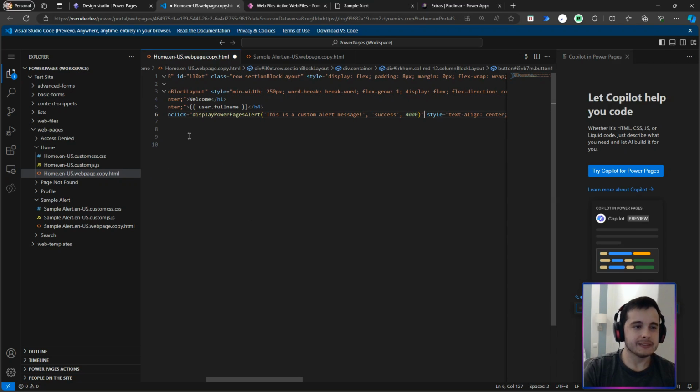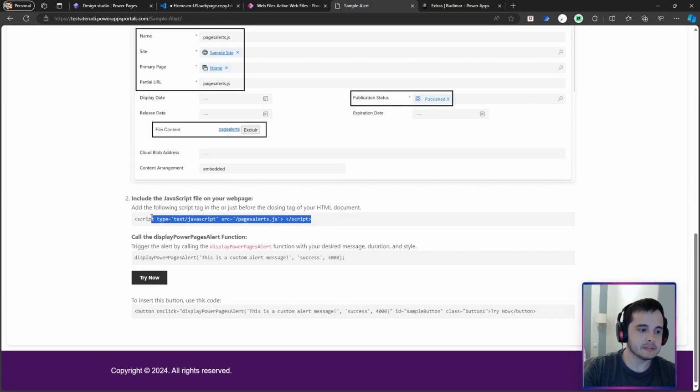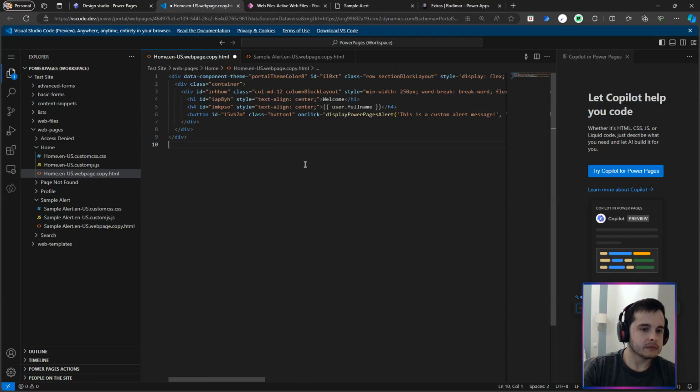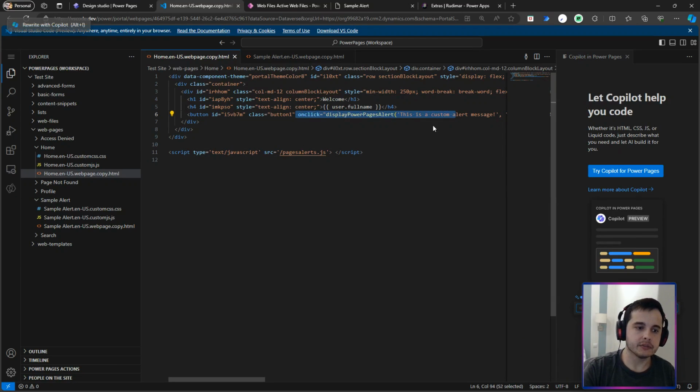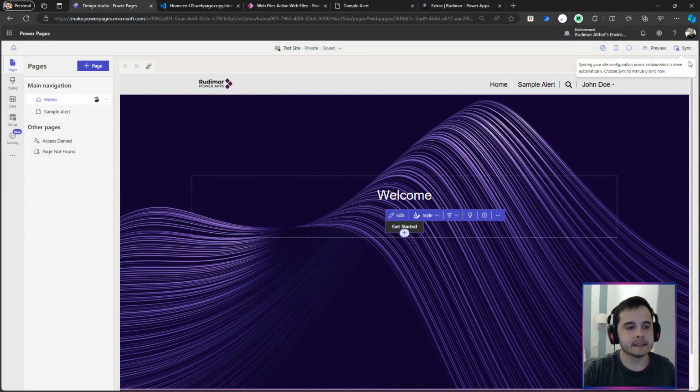I also need to import the JavaScript to the page. So this is the code that imports the script. We can paste to the end of the HTML, or it can be on the beginning, doesn't matter. Let me put in the end and save it. Once I saved, so I added the on click to the button and added the script to this page. Now I'm going to sync,